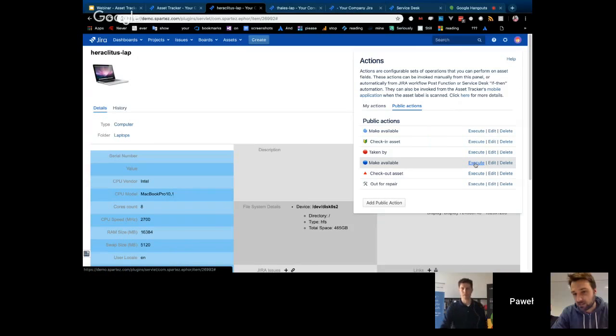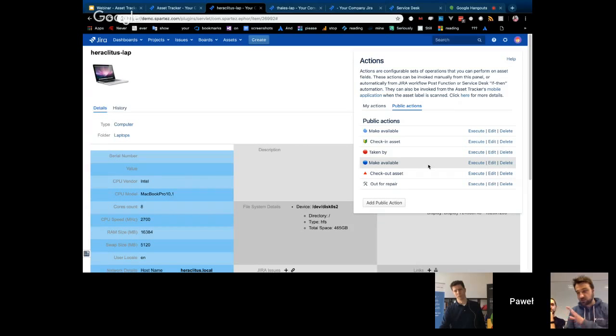But aside of that, I can imagine that you are having phones, yeah? Why I said phone? Look, there is nothing fun in going directly to Asset Tracker and clicking execute here or execute there. What would happen if I would tell you that this is doable via mobile application? What you do in the mobile application, you just scan the QR code, choose which public action you would like to invoke, and you just scan and pick. It's done automatically.